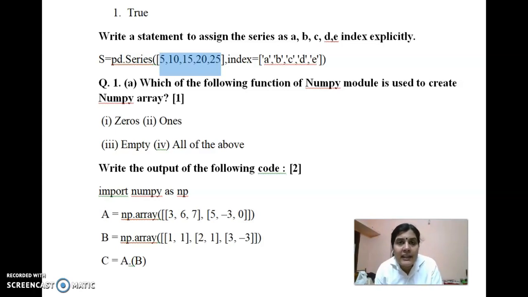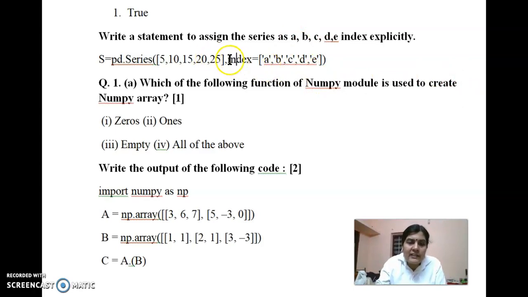And we can assign the index explicitly by giving it inside the series constructor. We use square brackets to pass the elements, and then we use a comma, and we use index equal to, inside square brackets, that index. So here it is specified that A, B, C, D, E are the index. So index equal to A, B, C, D, E.